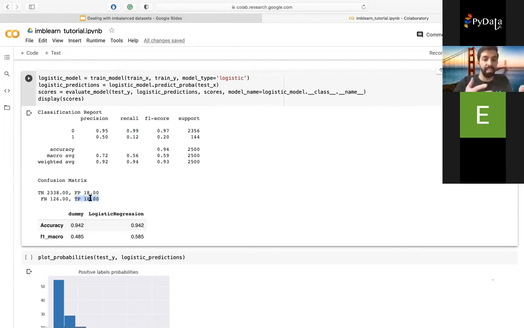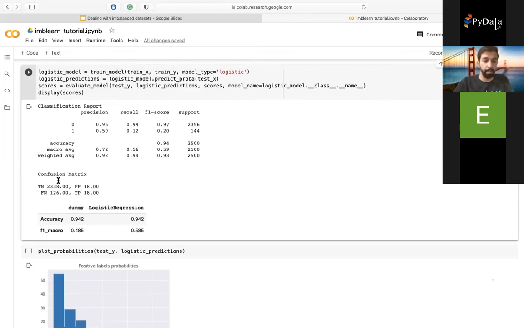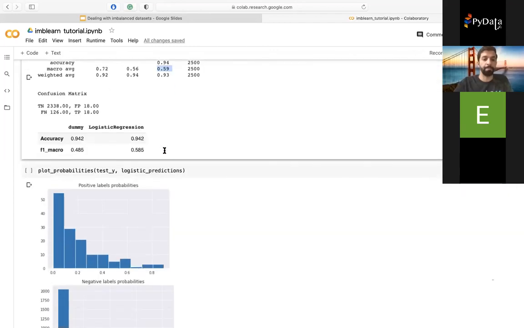So it's really not very good at distinguishing the true positives from the false positives. And it still makes a lot of false negatives here, which means it's still overfitting towards the majority label. But it's improved the F1 score. Now the macro average is 0.59.